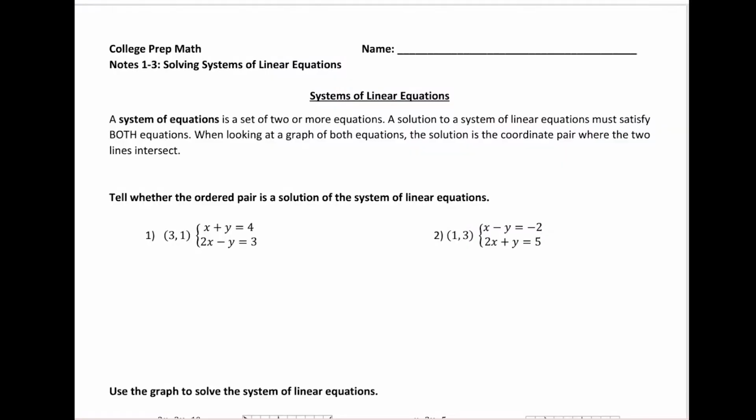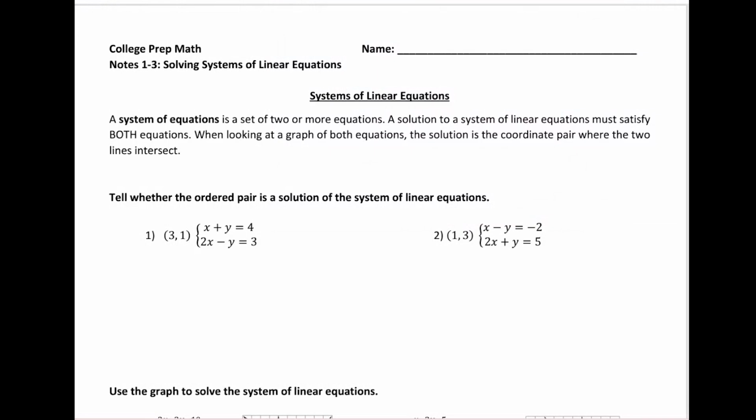Today we are going to learn how to solve a system of equations. In the last few lessons we learned how to solve a linear equation and also set up some word problems with a linear equation to be able to solve those, right? So today we're going to learn what a system of equations is, what it means to be a solution to a system of equations, and also